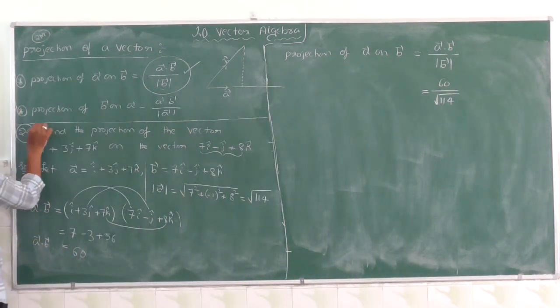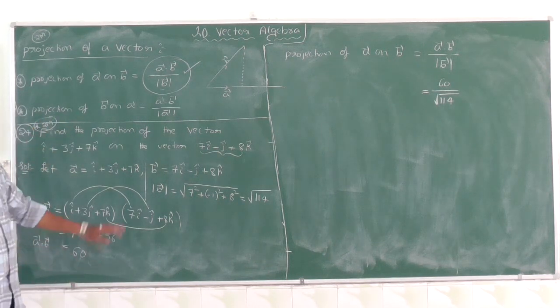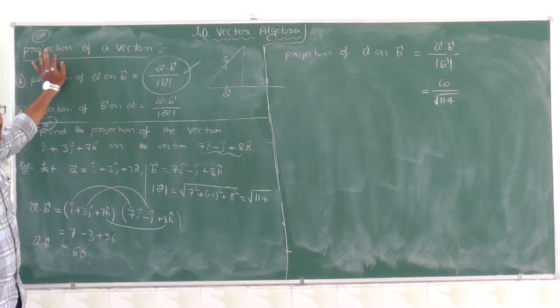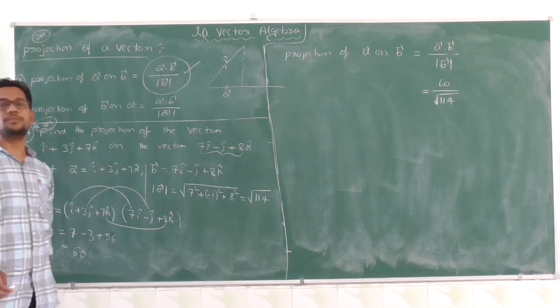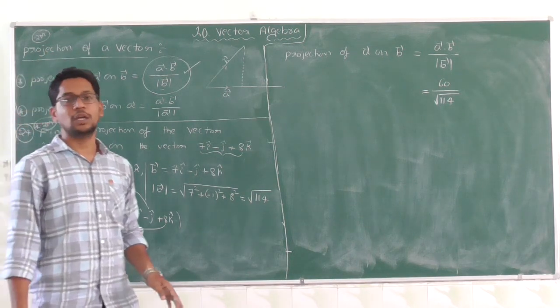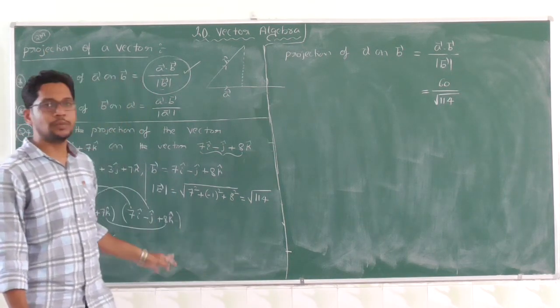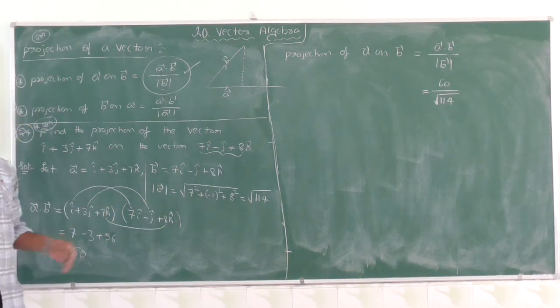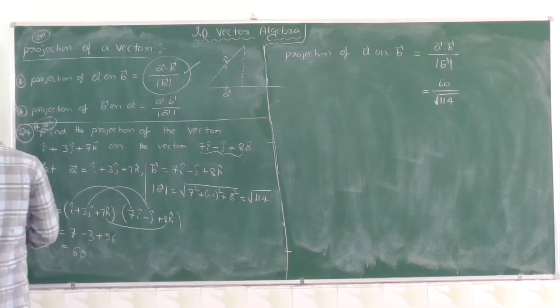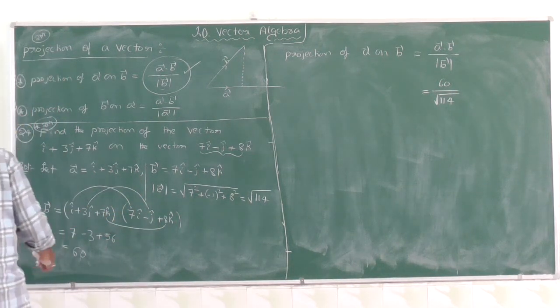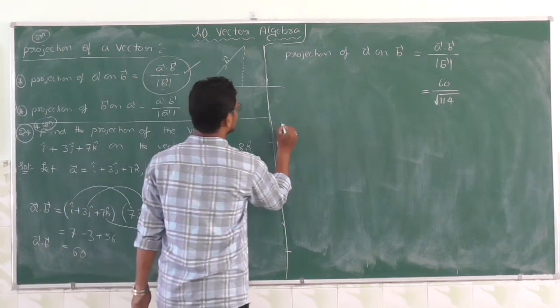Okay. It is the procedure to find the projection of the vector A on B. This question is important for 2 marks. Problems belonging to the projection, finding the projection of the vector, are very important for your kind of examination. Okay, just kindly practice at your home. Kindly do not lose these questions.